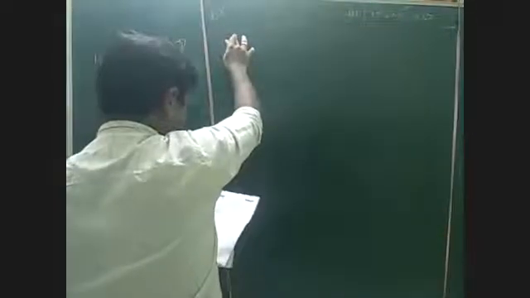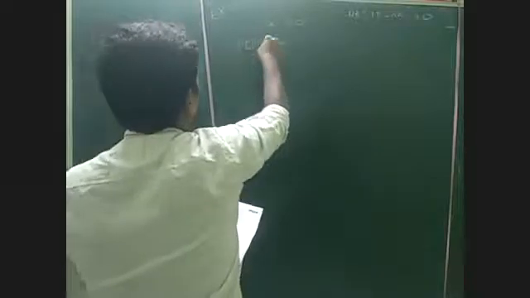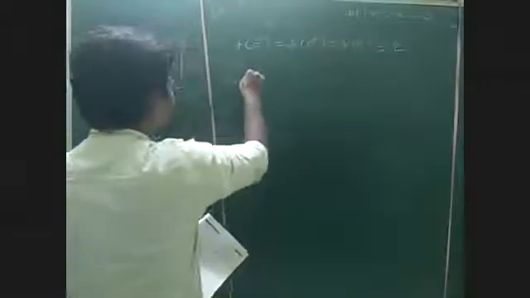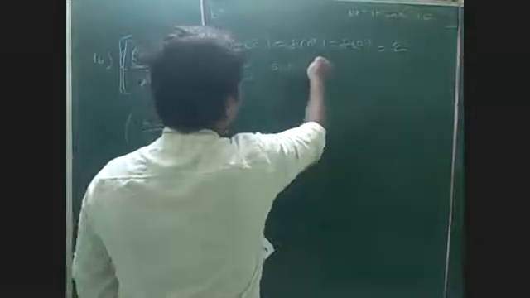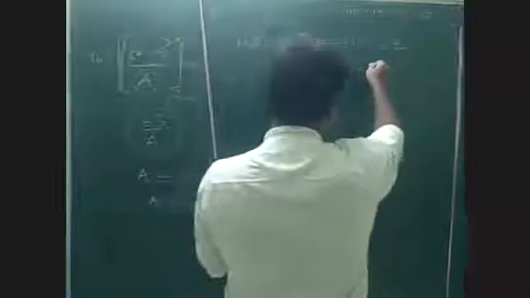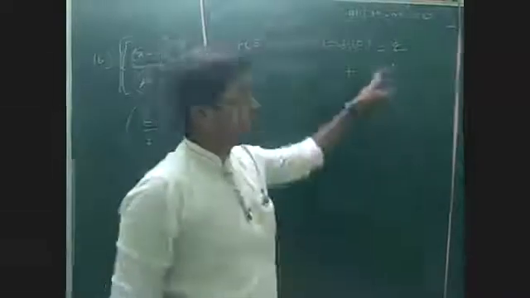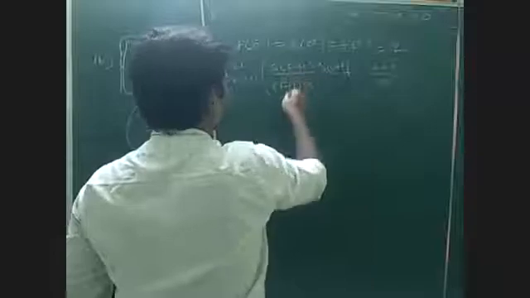So we need to find f of 0 minus is equal to f of 0 plus is equal to f of 0. I want to do it like this. The f of 0 value is clearly given as q. So what is the left hand limit value? The left hand limit is limit x tends to 0 of sine of (p plus 1)x by x. Divide separately. So plus the remaining value is sin x by x. This value sin x by x is 1. I want to multiply and divide by p plus 1, here also p plus 1. So this value becomes 1. So here the value is p plus 1.